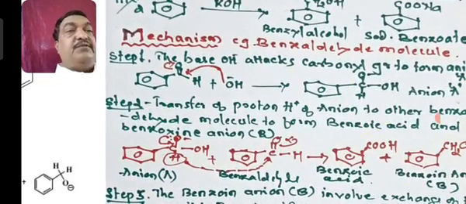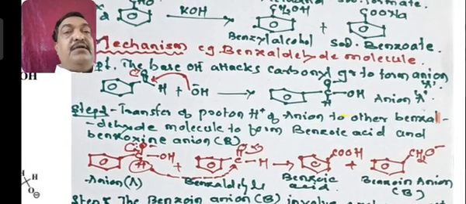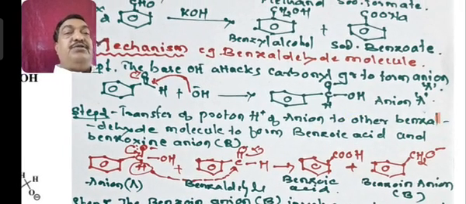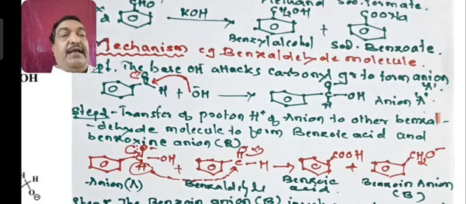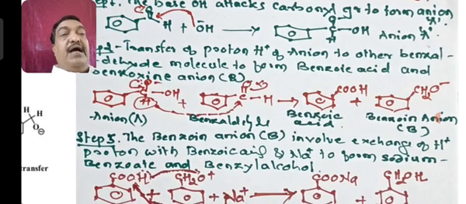What is the mechanism for this reaction? When the NaOH ionizes, it gives Na plus and OH minus, and the OH minus is a nucleophile that attacks the first molecule of benzaldehyde. OH minus attacks the carbon, and the C double bond O shifts to O minus, that is the anion of this A form. Now this molecule will react with the second molecule of aldehyde. That anion will react with the second molecule of aldehyde.